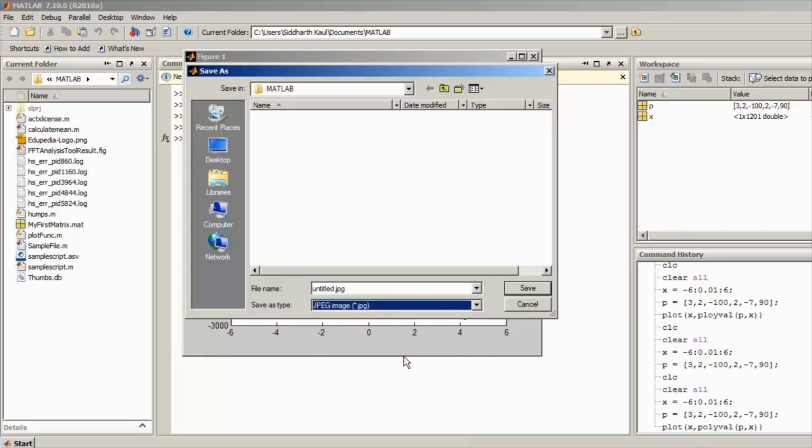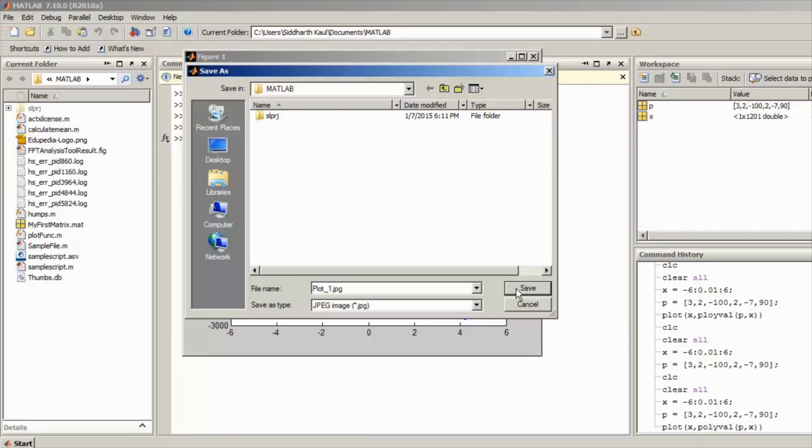We can select any one, name it, say plot1, and save the file. So this is how we can save plots in MATLAB.